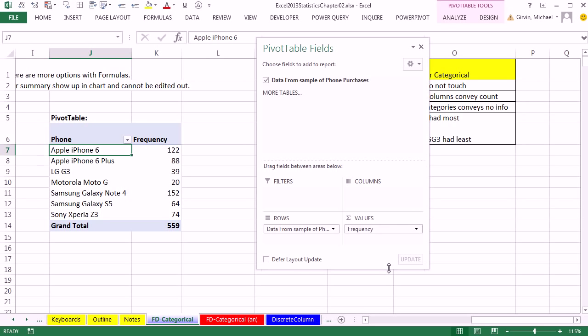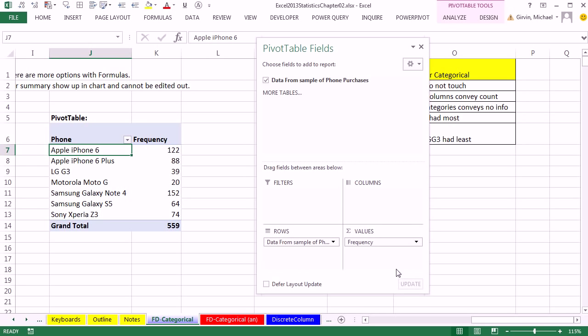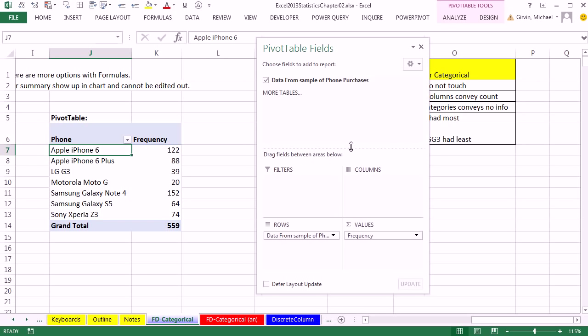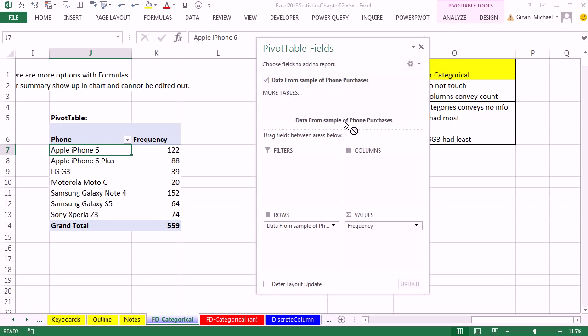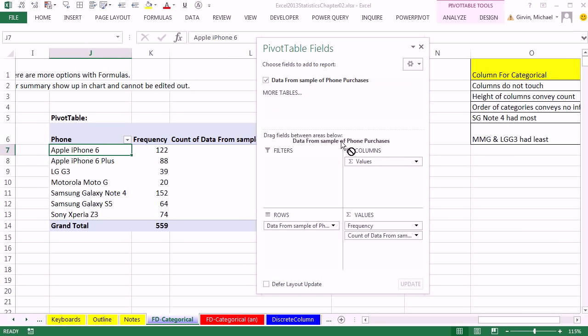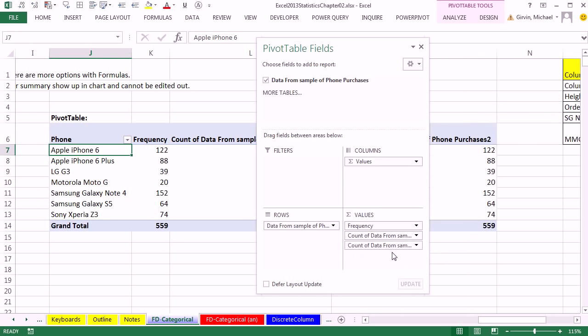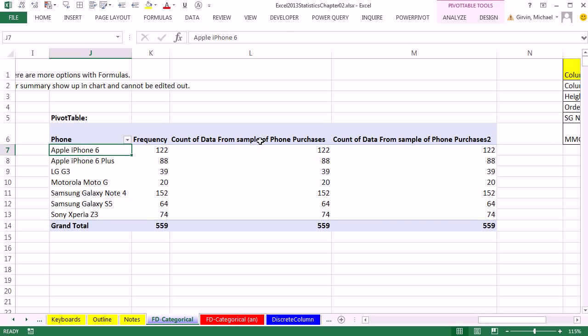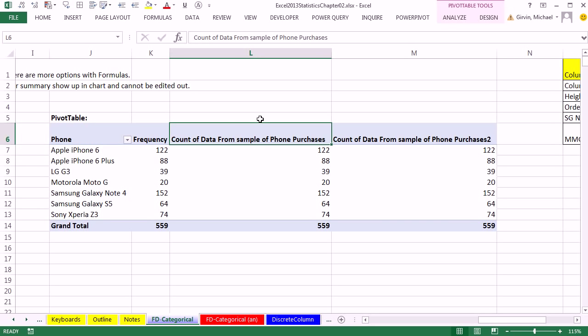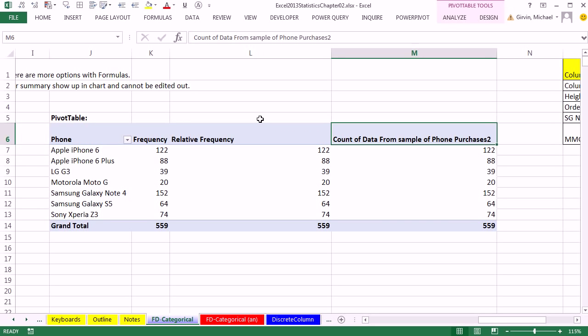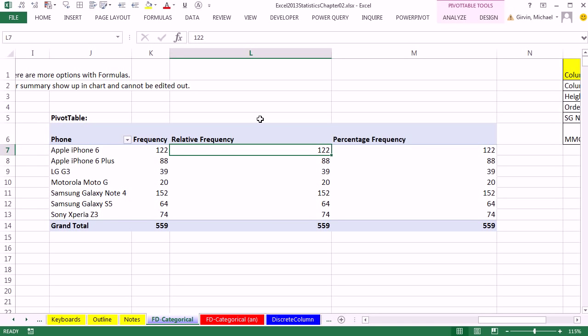But first, let's pull the bottom of the field list. I don't know if there's enough room, so I'm going to point to the middle. And when I see my white vertical arrow, I click and drag. Now I'm going to drag it once. That sign means no, no, no, no, no. When you see that blue, then you can drag and drop. Let's do it again. We're not going to use the field list anymore, so I will close it. Now let's rename relative frequency, tab, percent frequency, and enter.